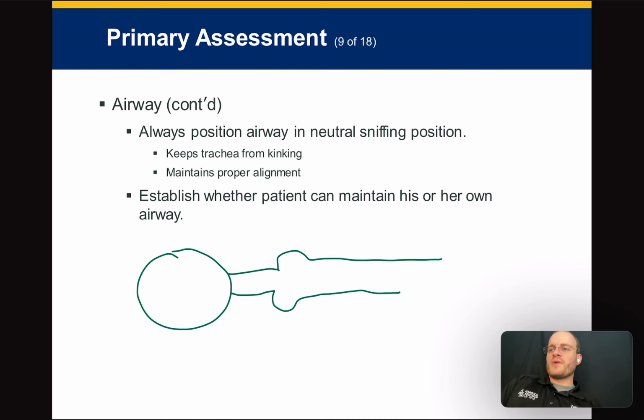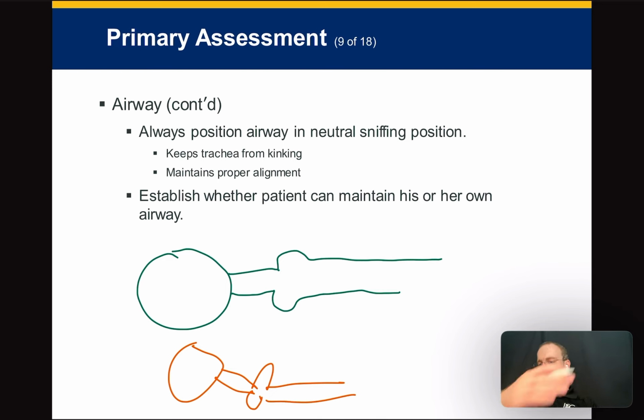What you might have to do, and this will make more sense in class, is pad underneath their shoulders to keep their head in a steady line like this. Because if this pad wasn't there, the neck might look like this. And so then it's not sitting in an equal position. So remember that this is the occiput back here. And so to put the neck in a solid line, you might have to pad underneath your shoulders.